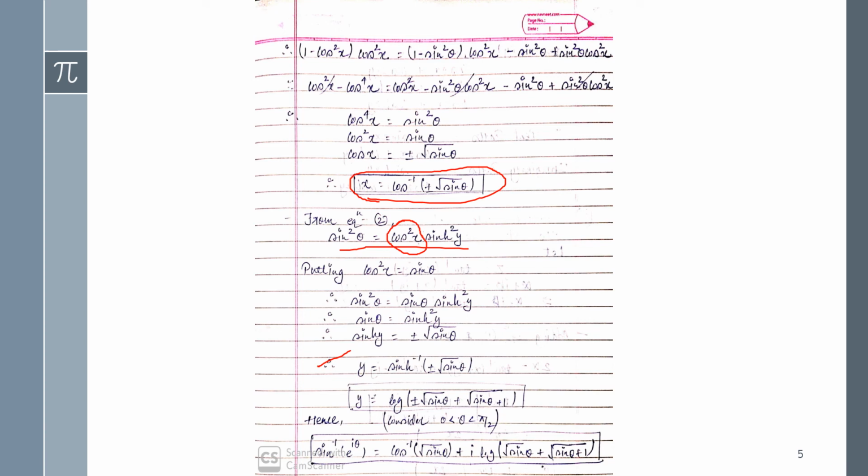From here, eliminating the sine function, you will definitely find the value of y. So y will be sinh inverse of under root sin theta, and sinh inverse is nothing but log of x plus under root x square plus 1. This we have applied using the formulas of sin and cos, whose proof we have already given, right? So hence you can apply the value of y, and sine inverse of e raised to i theta equals this one.